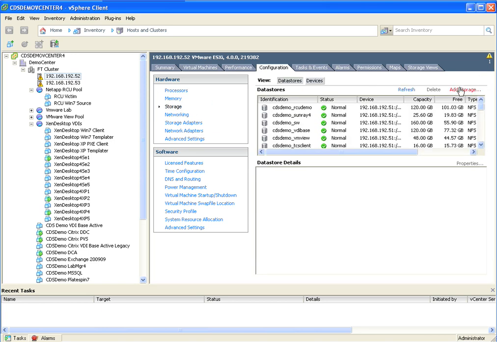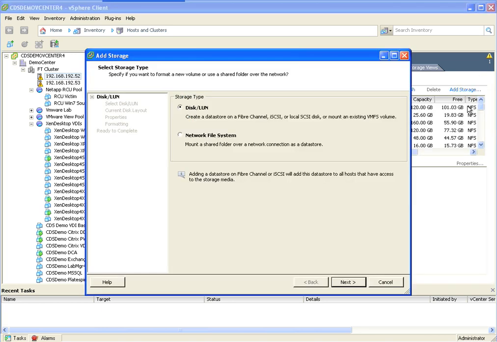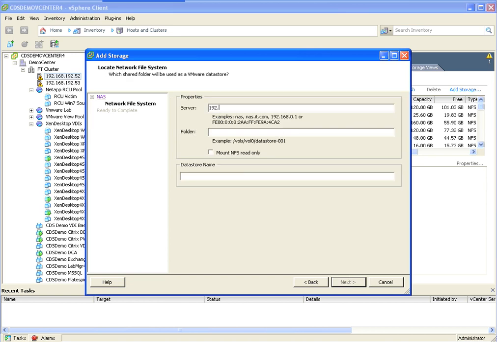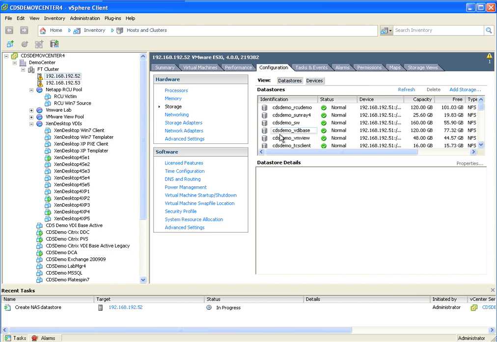and I could go ahead and add that storage, basically my NFS data store, by selecting my NFS file system over here, typing in the IP address, and giving it a data store name. And really, it's not that hard, and then your data store gets created. As you can see down here, recent tasks, it's done. And if we go down to the bottom here, you can see that the hard way is indeed a data